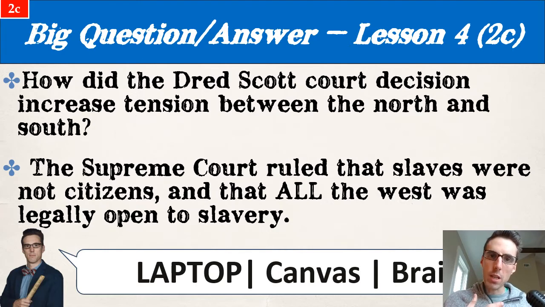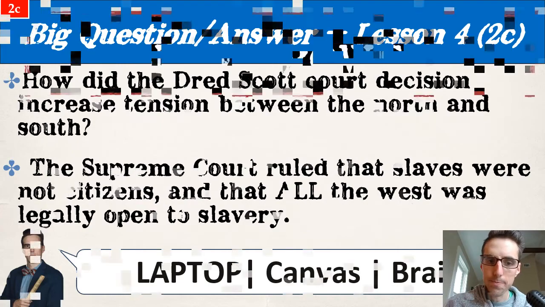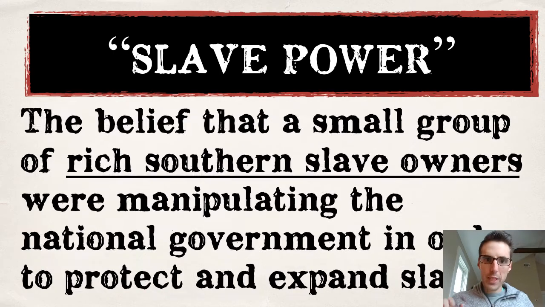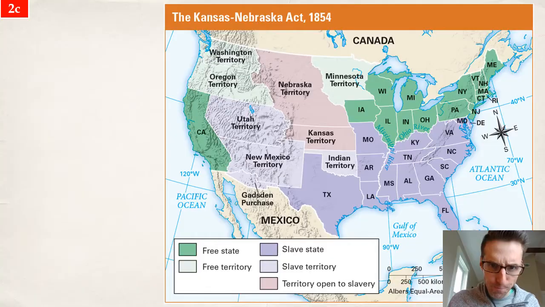Okay, so before we dive into this, a couple things we have to remember about our road to the Civil War. We must remember slave power. Slave power is a secret belief that there's a rich group of Southerners manipulating the national government into protecting and expanding slavery. Lincoln will argue this. Many Northerners will. This is a huge part of today, especially when we see a court case. The highest seat of power in the government, the Supreme Court, the Chief Justice, this issue of slave power is going to come up. It's going to be a huge issue today.